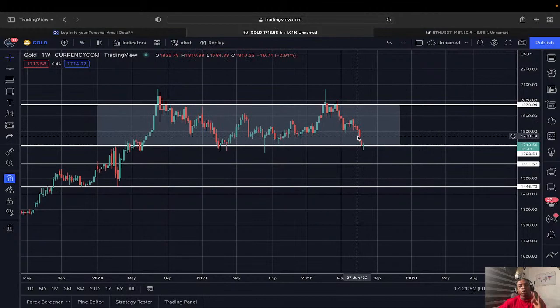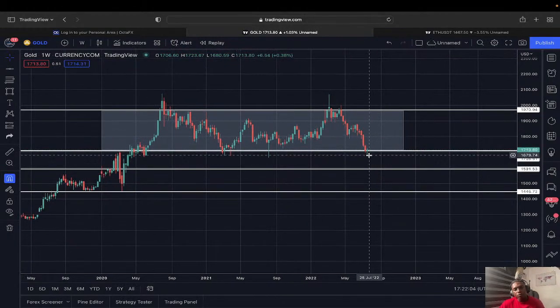Now, there are two things that we would watch out for here. If you are a swing trader, price would have to break out from this direction. If price breaks out below, then you want to short. But if price breaks out above, then you want to long. However, you can also take advantage of this gap, because before price can move from here to here, you could also leverage and make profit from it.